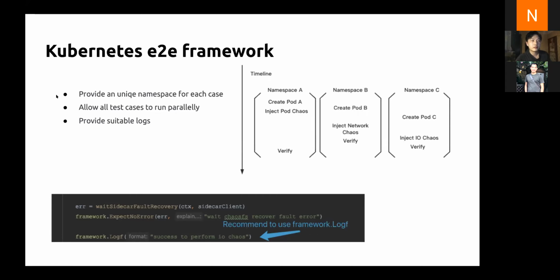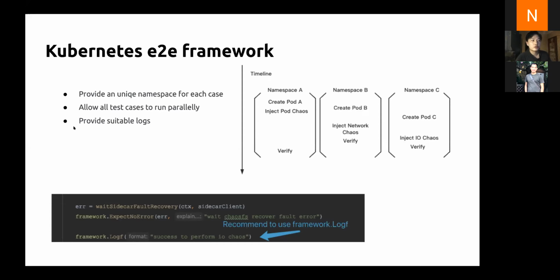In my opinion, there are at least three advantages to using the Kubernetes E2E framework in E2E tests. First, the framework provides a unique namespace for each test case. Before each test case starts, the E2E framework would create a new namespace for it, and the developer